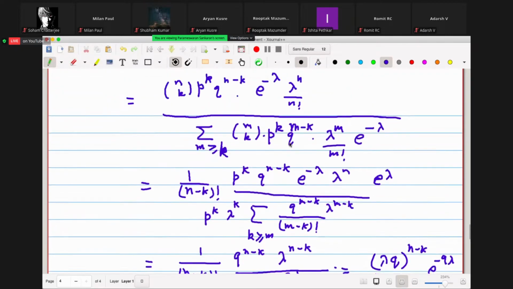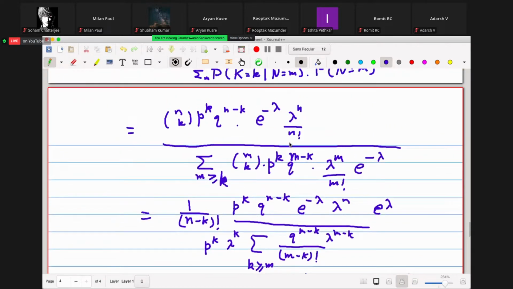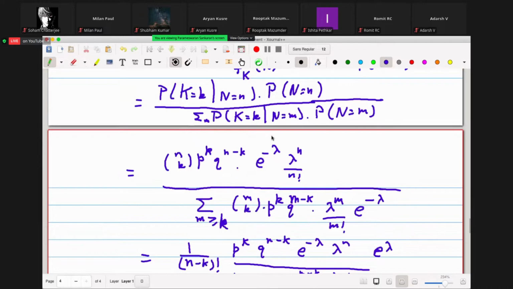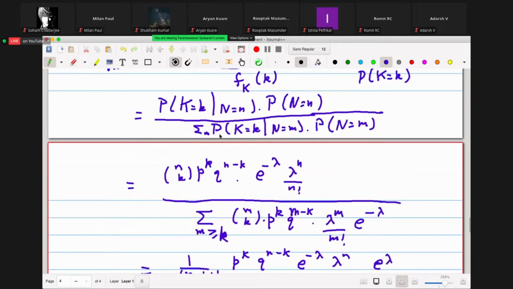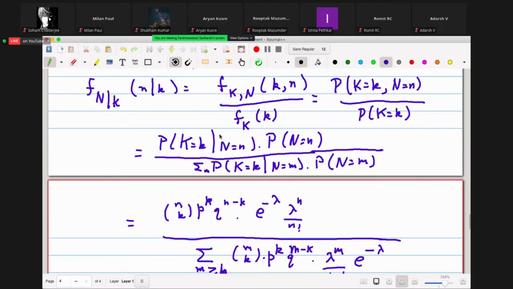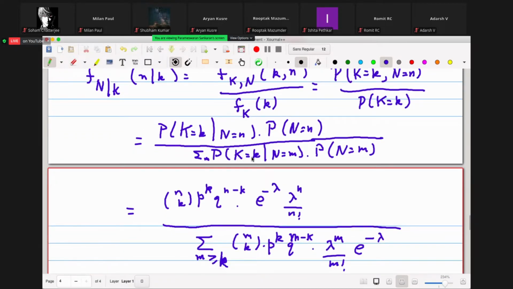Wait a second. So here, this is up to m. Okay. No, but here, no. Here in this sum, what do I have? P of K equals k. Forget about the numerator now. In the denominator, I'm summing over all possible m. But the only time probability of capital K equals k,